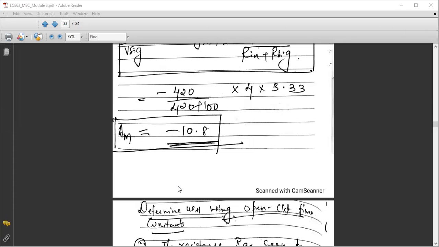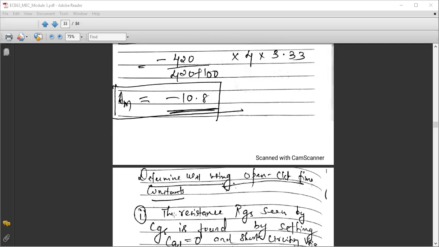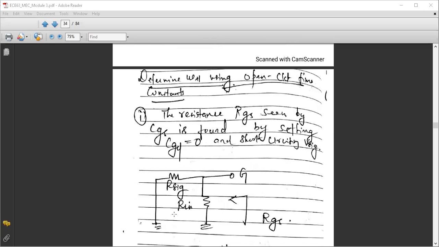In the second part, we need to find the cutoff frequency. Normally, the cutoff frequency we can find in different ways. One way is by using the dominant pole concept. The other way is by using the entire pole, that is exact analysis. All the zeros and poles we take into account, and then we make use of our general equation to find FH. But in this case, both those typical mathematical approaches will not work. Why? Because we have a circuit as such, we don't have any functions given to us directly. So we make use of the method called the open circuit time constant method.